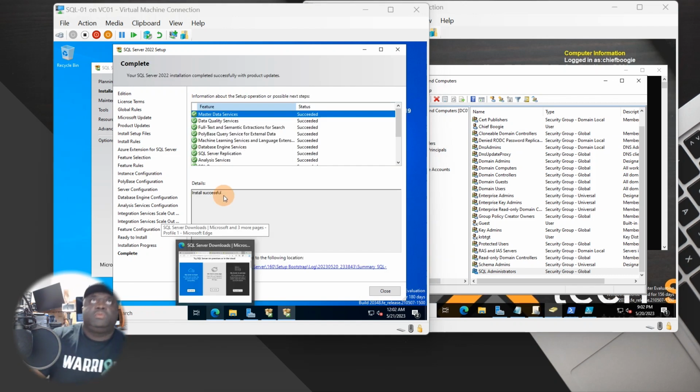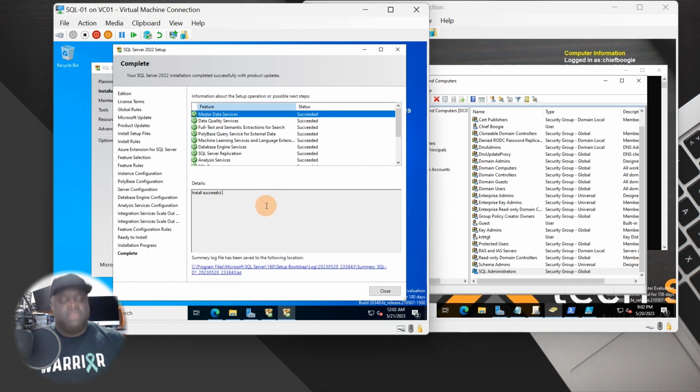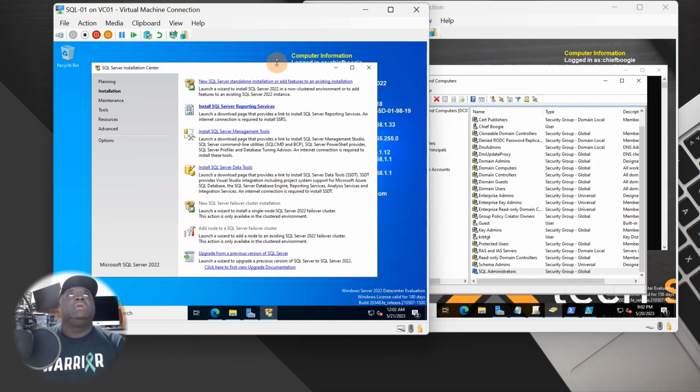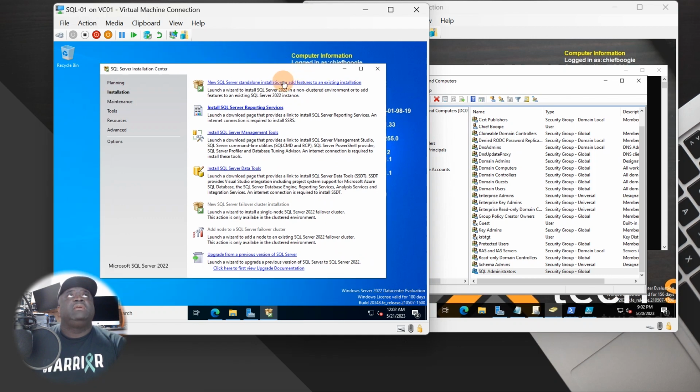All right, so we are back. It says installation successful once you went through everything, and then here you can check to see everything that was installed. And if everything looks good to go and you didn't have any errors, then you should be able to go ahead and click close. And that, my friend, is how you will install an instance of SQL